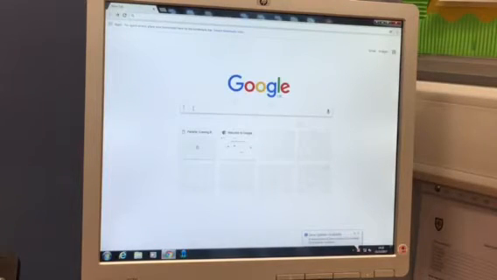The following demonstration is a quick walkthrough for IDL Cloud to enable access at home on a desktop, although by simply downloading the app from the App Store for IDL Cloud, the functionality for a tablet or a smartphone is exactly the same. So from your normal web browser, simply typing in IDL,